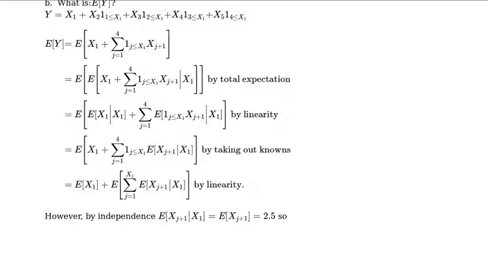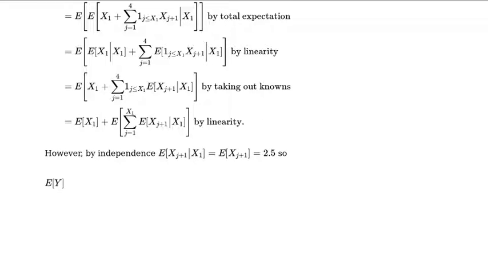And now by independence, we know that the expectation of x_{j+1}, j at least 1, given x1 is the same as the expectation of x_{j+1}, and that's 2.5. The expectation of x1 is also 2.5 because it's a four-sided die. It's easy to sum up the sides and then divide by all four possibilities, and you get 10 over 4, which is 2.5. Therefore, the expectation of y is equal to the expectation of x1 plus 2.5 times the expectation